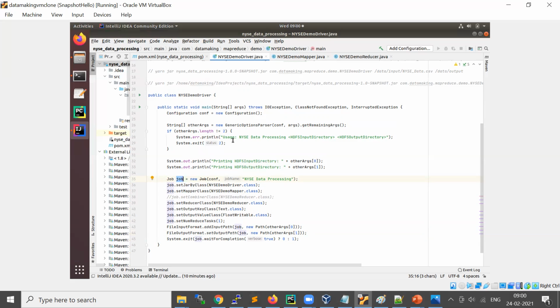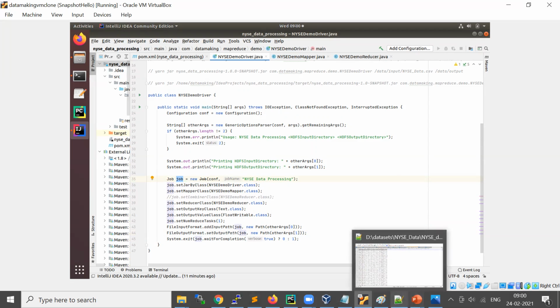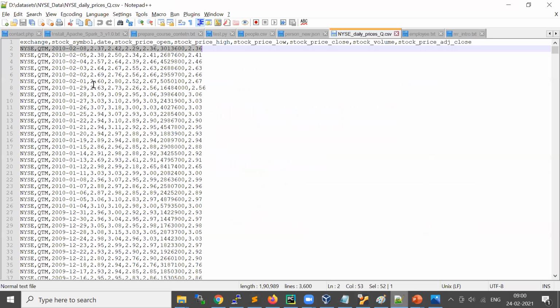what the key type and value type are, because the MapReduce framework understands only key value pairs, right? You need to tell it your key type and value type. For example, in this example I'm considering the key as stock symbol, which is a string, because I want to group based on this stock symbol and find the maximum price.